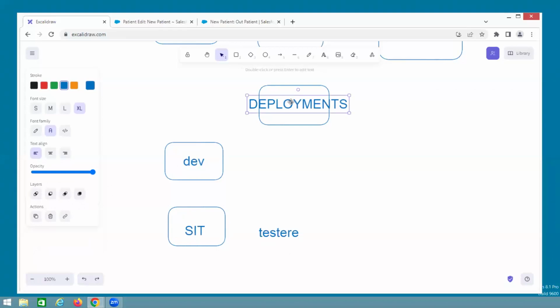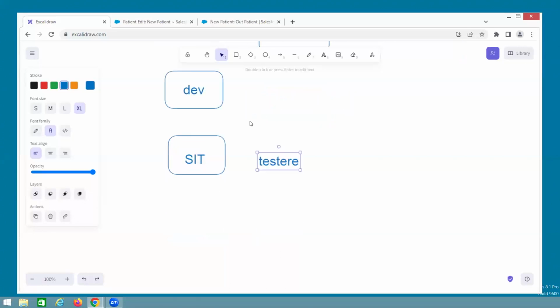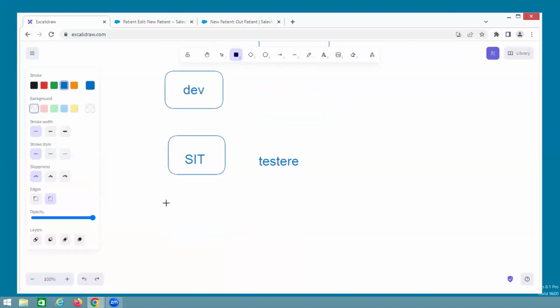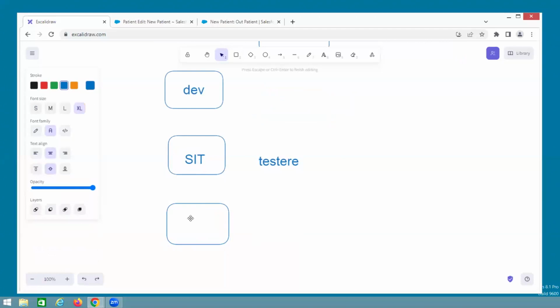Deployments: how to move the code from one org to another org, and what environments there are. So this is SIT, System Integration Testing. Once these people test your code and everything is good, then again it is your responsibility to move your code from dev to here. This is called UAT, User Acceptance Testing. One more org these people provide. So here, the people who gave you your task, the client-side business people,